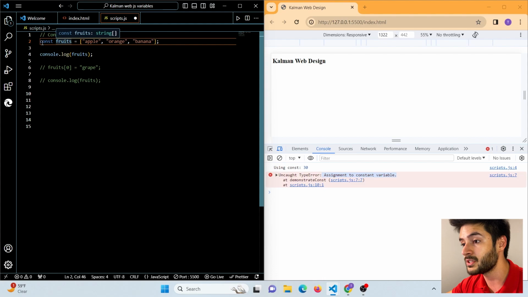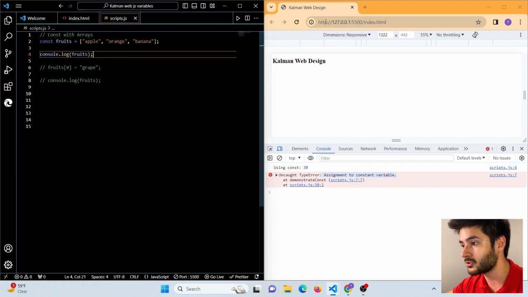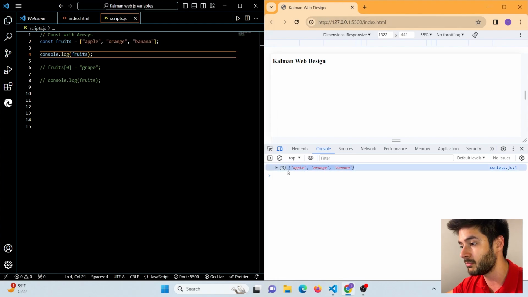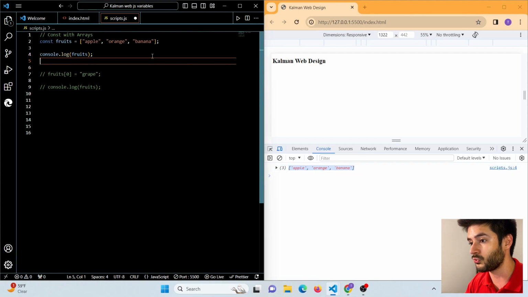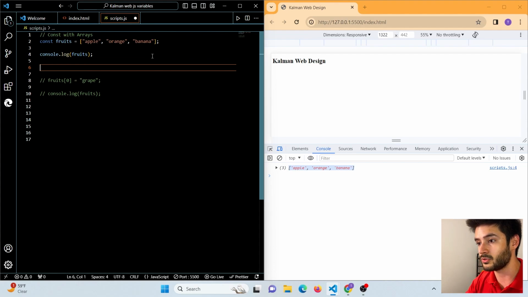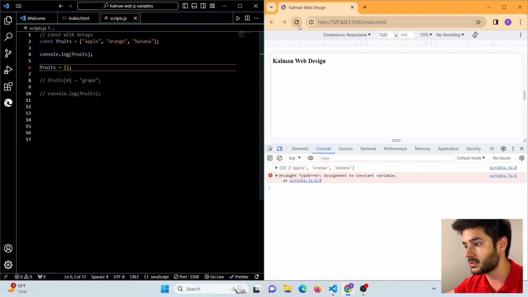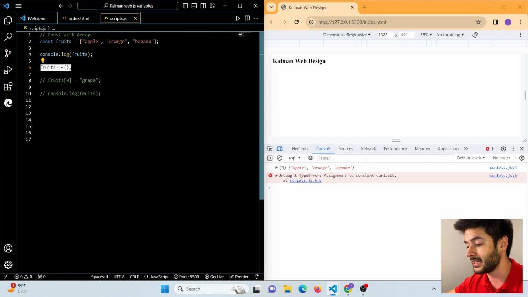So up here, I am declaring a variable called fruits using my const keyword, and it is equal to an array. And if I console.log this, it's simply going to print my array in the console here. So I am not able to reassign this variable to something else. So if I want to change fruits to maybe an object, like so here, it's not going to let me do this successfully. So it's going to say assignment to constant variable, because again, I cannot reassign a variable that's